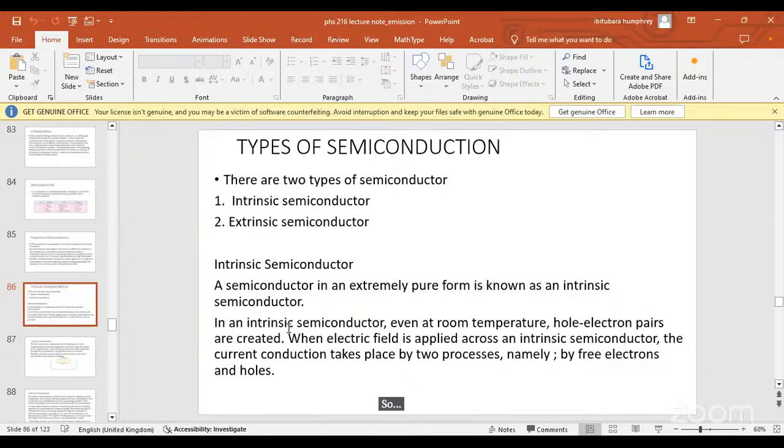The positive and negative charge carriers are equal in an intrinsic semiconductor material. So in an intrinsic semiconductor, even at room temperature, all electron-hole pairs are created. And when electric field is applied across the semiconductor,